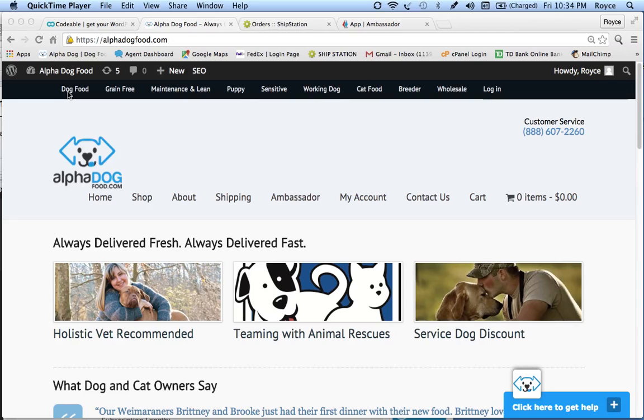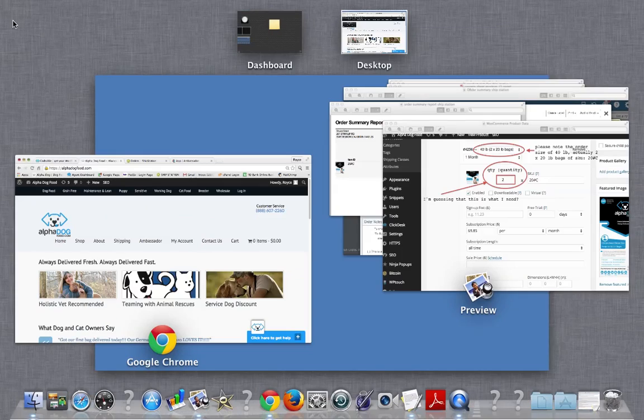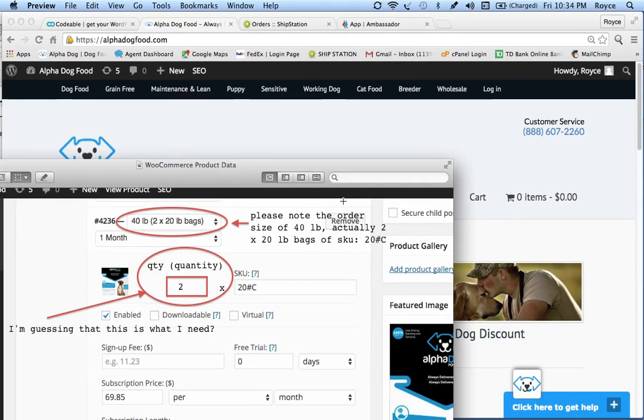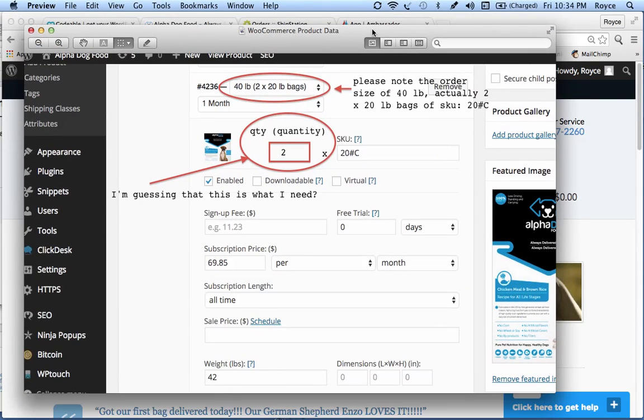We sell it in a 20-pound bag. We sell it in a 40-pound bag, which is actually 2 20s, a 55-pound bag, and then we sell it in 110 pounds at a time, which is actually 2 55-pound bags. And so for inventory purposes, we believe that we need custom code,